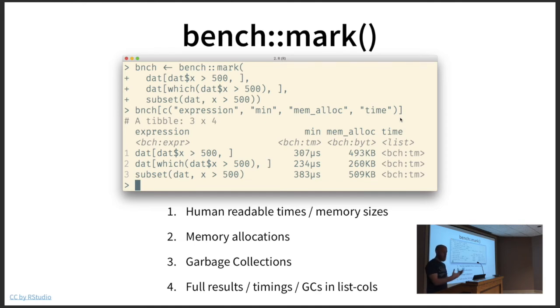So then I'm printing a couple of the columns from that data frame, just the expression that was run, the minimum time of the fastest, basically that's the fastest run for each of those expressions, and the amount of memory that was allocated during that expression run. And also the last column is the raw timings for each run that was performed. And a couple things to note here are that the times are given in human readable formats, so you get the units of the time like in the display, and as well as the memory allocation. So it makes it very easy to see exactly the scale